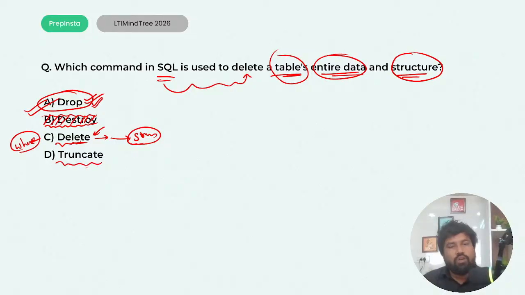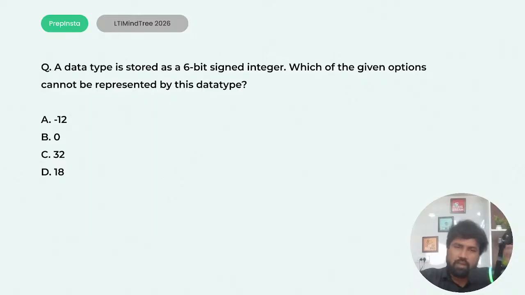And truncate will also remove all rows' data, but it will keep the structure the same. But here we won't use the where keyword. Truncate removes all the data from the table quickly, but the table structure still remains the same. Next, if you want to remove all the data, truncate. If you want to remove specific rows, delete. If you want to remove the structure also, drop. Simple, remember.